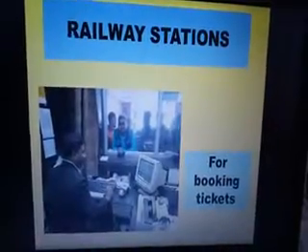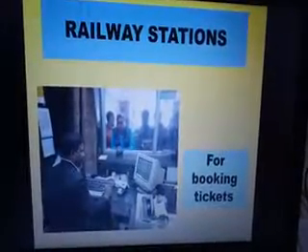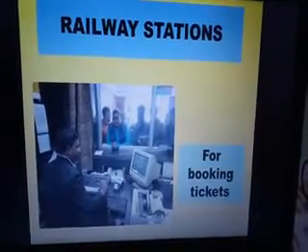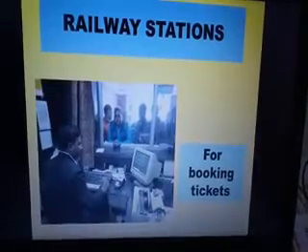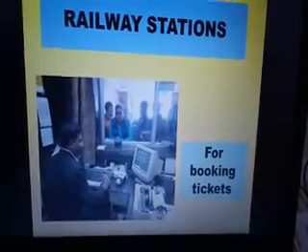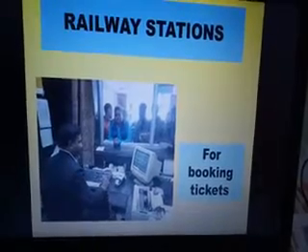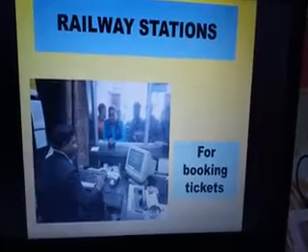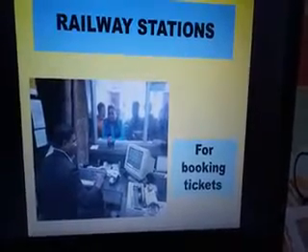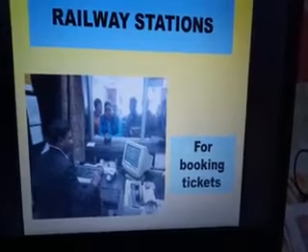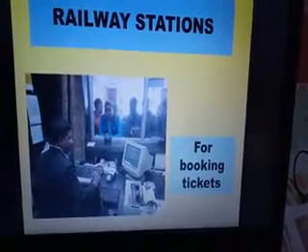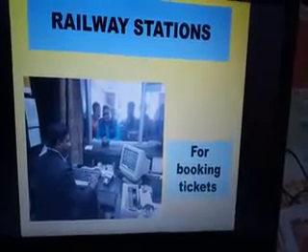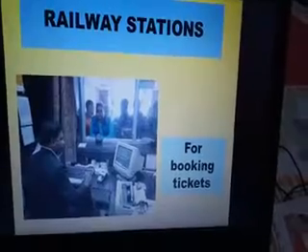Then if you go to a railway station, before you can board the train, you have to book the ticket. Whether it is for a short distance or for a long distance, you have to book the ticket. And whether you go to the big reservation counter, which is to the right of the main entrance to Dhanbad station, or you go to where you get your daily tickets, in both places you will find computers. And the ticket nowadays is also printed out from the printer. This thing is called a printer, that noisy thing out of which the ticket comes out on pieces of paper.